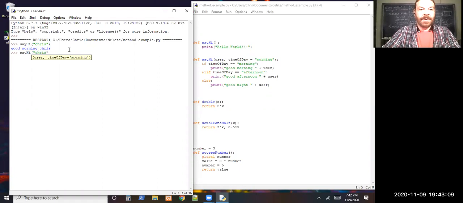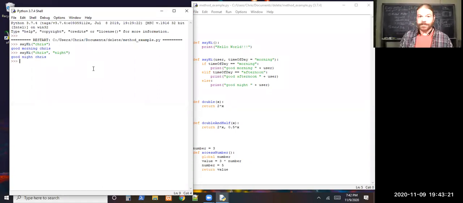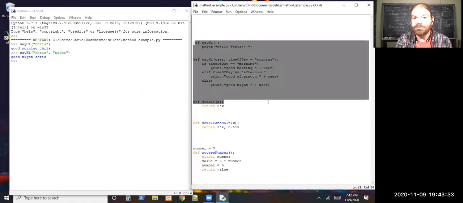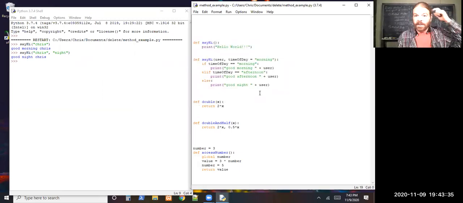pass in my name. And if we put something else there, such as the string night, then that's going to override what is in there. So the default values are important, and that's how we set up the overloading. In most languages, we can do this. We can just write more than one situation, right? But with Python, we actually have to use these default values in order to handle overloading and put all of